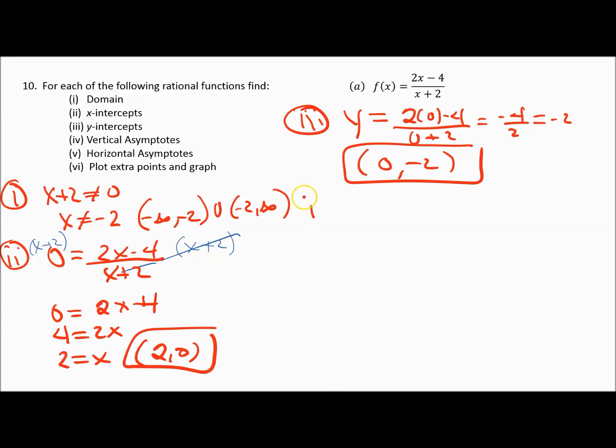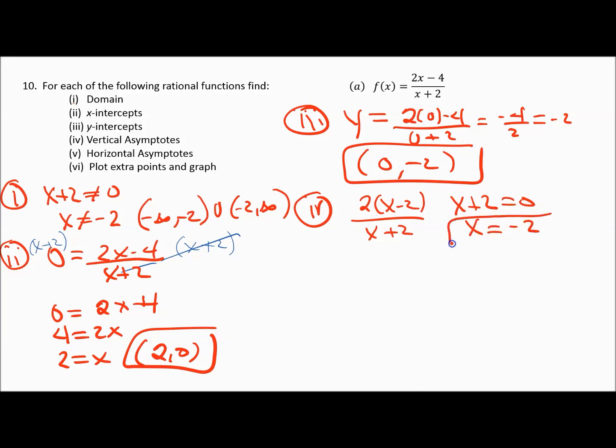Fourth thing, vertical asymptote. That's the same as finding the domain, except after you simplify, you set the denominator equal to 0. Well, 2x minus 4 over x plus 2 can't be simplified. You could try to factor the numerator. That would give you 2 times x minus 2 over x plus 2, but still nothing cancels. I'd have to cancel the entire x plus 2 with another x plus 2. So the vertical asymptote is setting the denominator equal to 0, and that gives you your vertical asymptote, which is